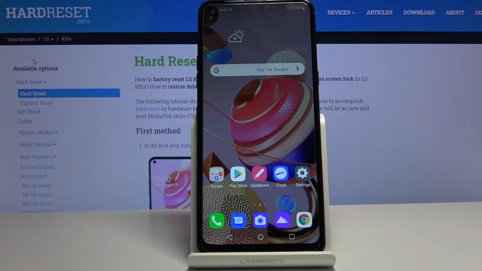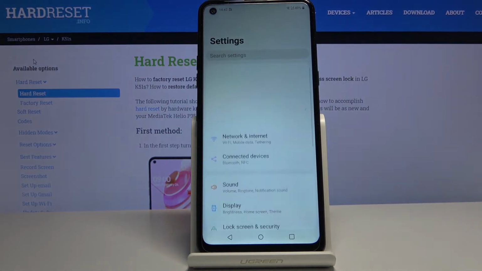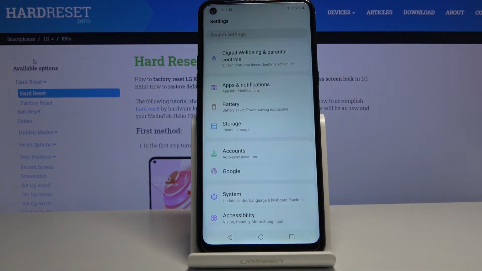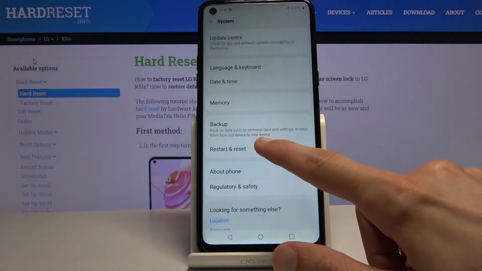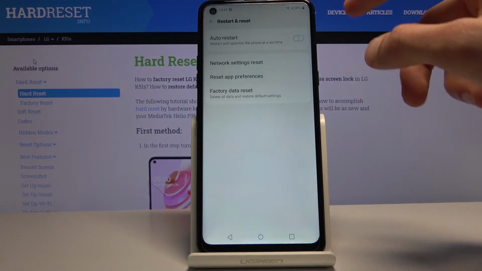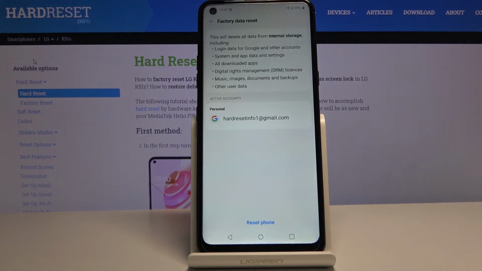Welcome. In front of me is an LG K51s, and today I'll show you how to hard reset the device through settings. So to get started, obviously let's open up settings, and from there scroll down to system, and then reset, restart and reset, and at the bottom you'll find factory data reset,